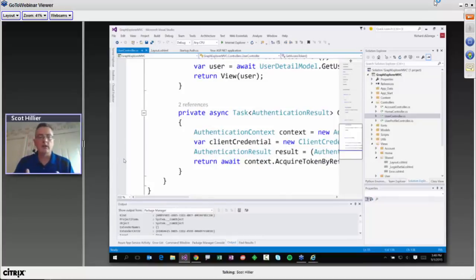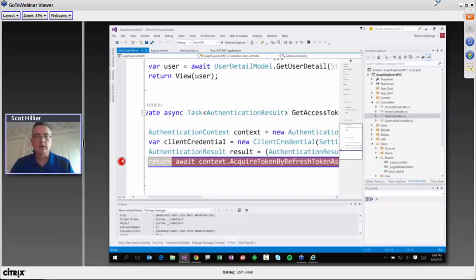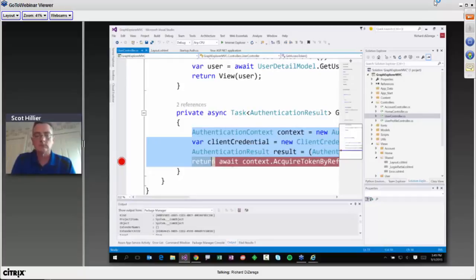The key thing here is that there's a moderately complex plumbing process, what we sometimes call the OAuth dance, that goes on behind the scenes. But what we get is classes that abstract that complexity away, making it easier for us to participate without having to get into the nitty-gritty. That's right. What you're seeing here is 4 lines of code to get an access token. And that's the key to the kingdom.